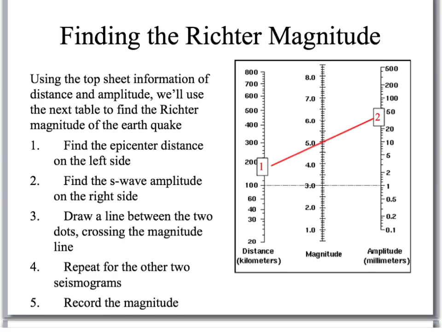Now, with the amplitude of the seismogram and with the distance in kilometers, we can find the magnitude on the Richter scale for the earthquake. Using the top sheet information of distance and amplitude, we'll use the next table to find the Richter magnitude of the earthquake. Remember that the Richter scale is a measurement of energy released in the quake, and it's logarithmic, meaning